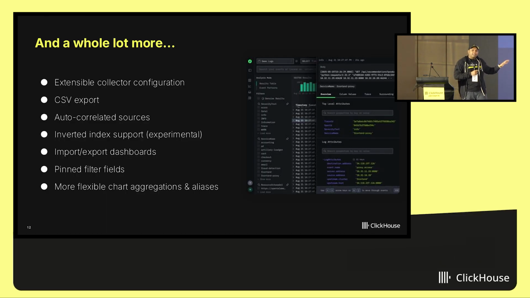As part of working with these early adopters, we started building out more features because most users still like to export things into CSV after the analysis. Everyone still prefers Excel sheets, nothing wrong with that. So we introduced that where once you have done your analysis, you can export the information. The next most important thing people have been asking is, I want to import and export dashboards. So we introduced those features along with a lot of other features.